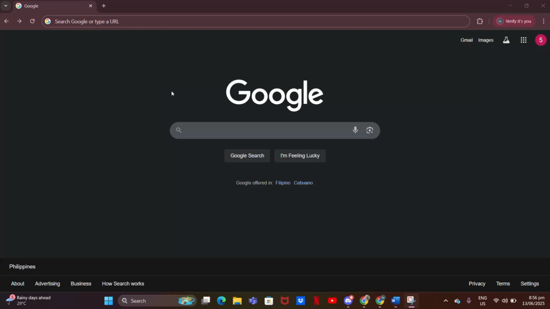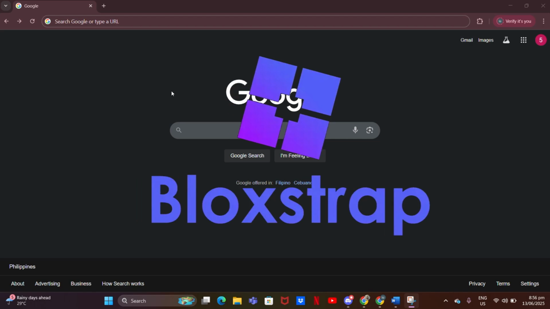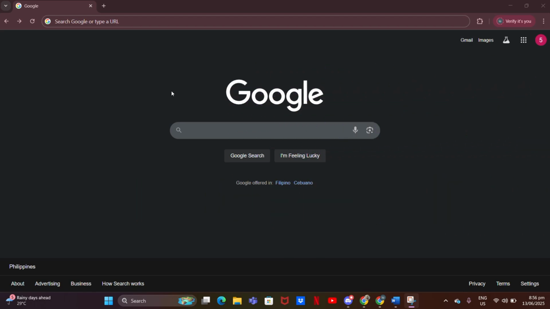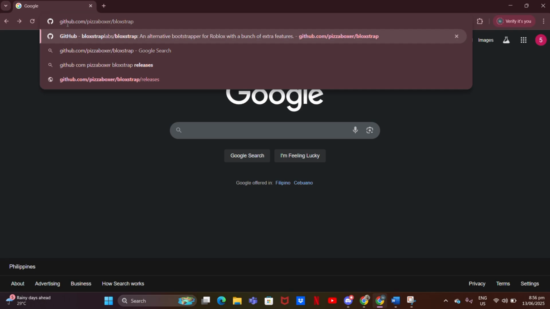Want to customize Roblox like a pro and speed up your launch? Here's how to download BOXSTRAP the easy way. Step 1. Open any browser and go to this link,